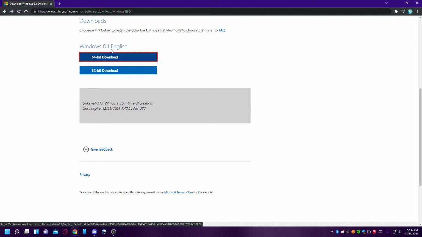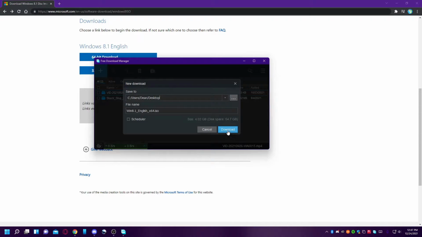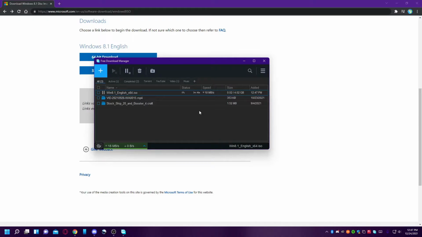Do 64-bit if you want 64-bit, 32-bit if you want 32-bit devices. And then you press download, and then it should pop up something that you download. There it is. Press download, and then when it finishes downloading,